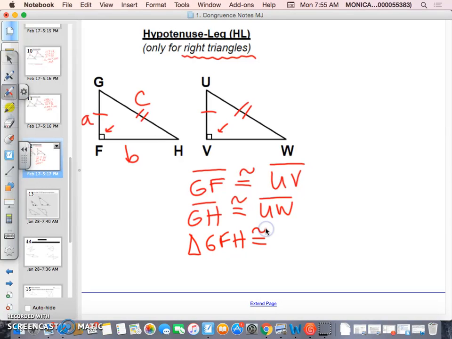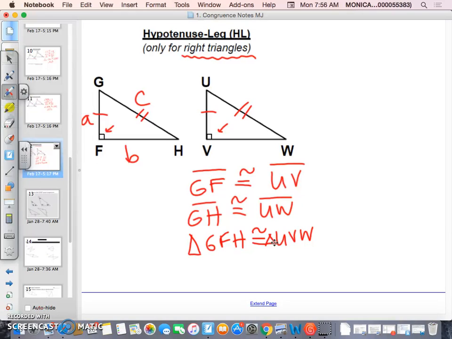then I can say for certain that these right triangles, GFH is congruent to UVW. But again, this only works for right triangles, so don't try to work it for something else. And please note, when you look at the abbreviations, we have